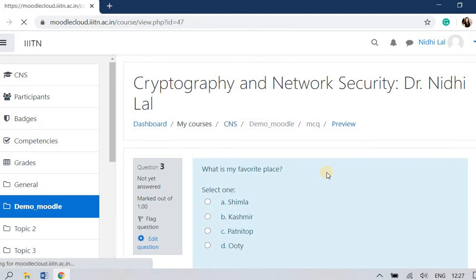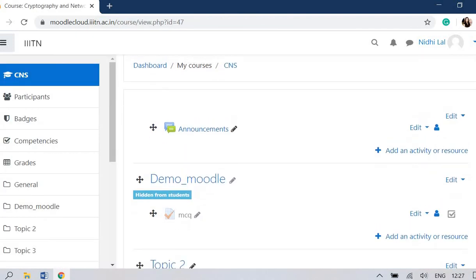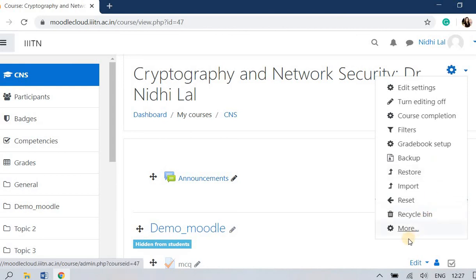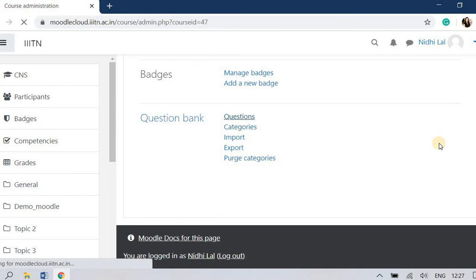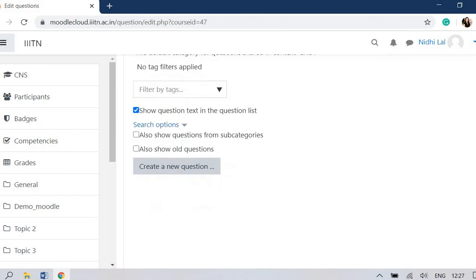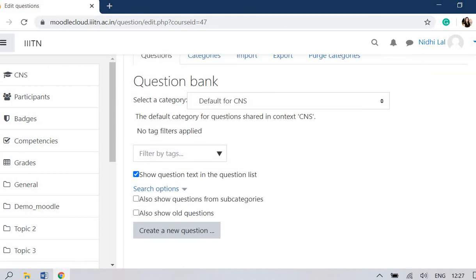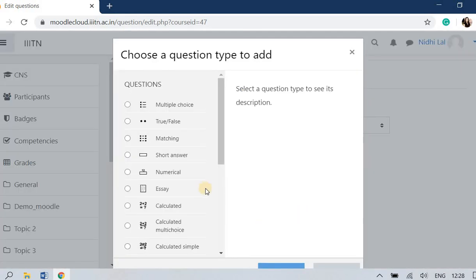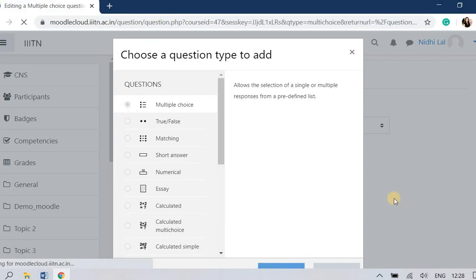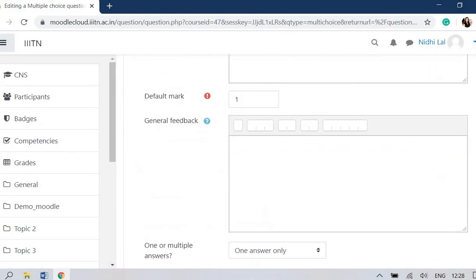Like add the CNS, go to the question bank and questions. Now here is a tab, create a new question. So it is your wish to add a different category here, and in that category you can import your questions having some images or equations. Otherwise you can by default import it to the CNS also, create a new question. So you have to do it manually. In the manual way, you have to create these types of questions.